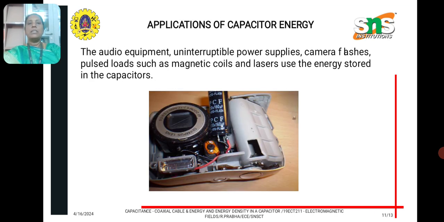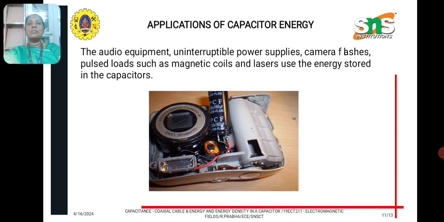And next, the applications part. The applications of capacitor energy: it can be useful for various applications. For example, capacitor energy can be useful for audio equipment, uninterruptible power supplies, camera flashes, pulse loads such as magnetic coils, and also lasers use the energy stored in